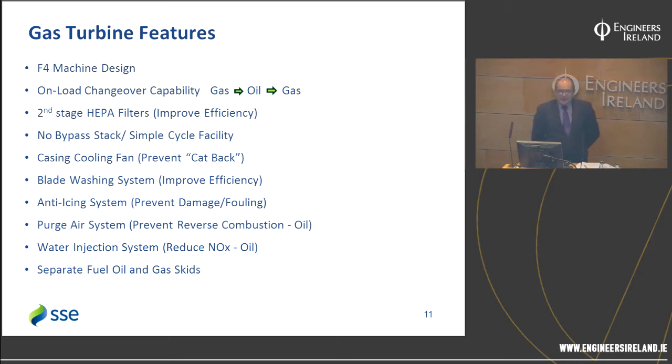And also at that time, one of the problems that affected the country nationally in 2010 was that a lot of the CCGTs were taken out of action by freezing of dampness in the air filters. They had a kind of sheet frost across the face of the air filters. So to overcome that, we insisted on the installation of an anti-icing system, which basically takes a bleed from one of the stages, I think it's the 5th stage of the air compressor, and vents that back out to a series of distribution pipework just upstream of the air